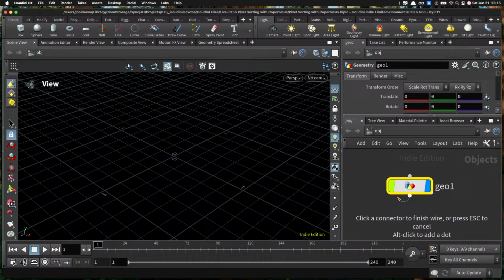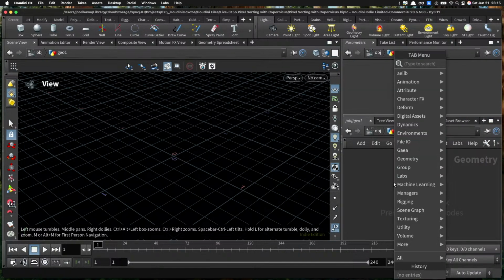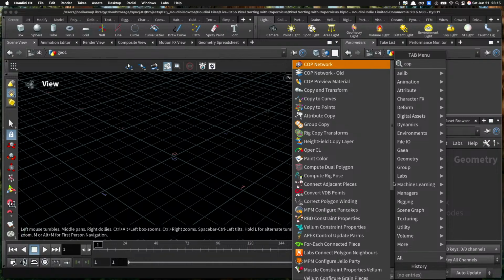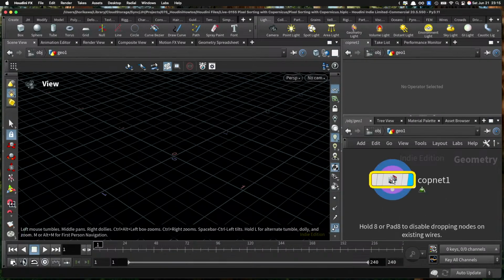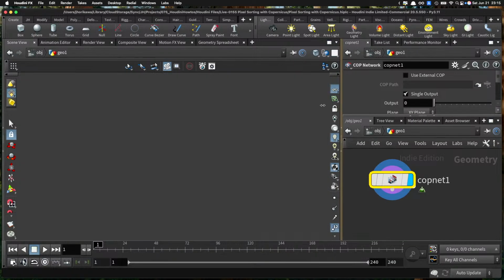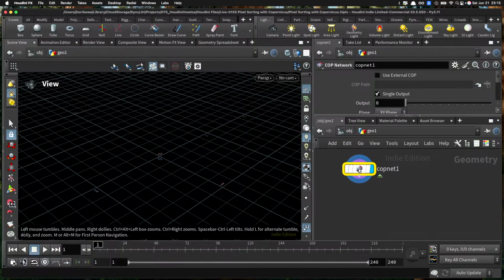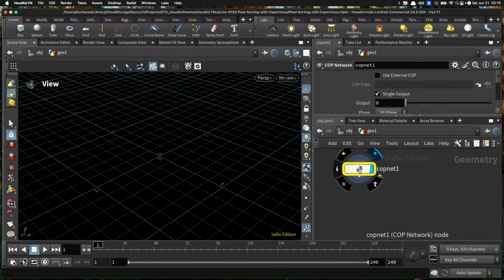Okay, so I'm going to start by creating a geometry node. Inside, I'm going to create a COP network, and since I'm going to use a solver, I'm first going to prepare an initial image that I would like to do a sorting effect on. So inside this first COP network that I'm going to name init,